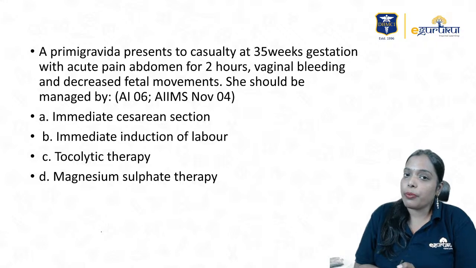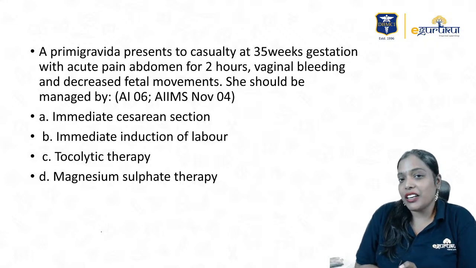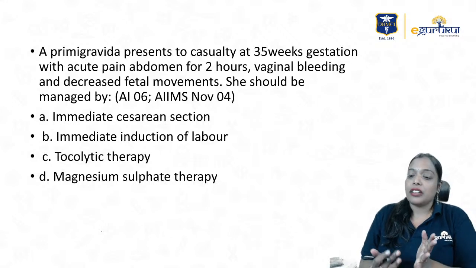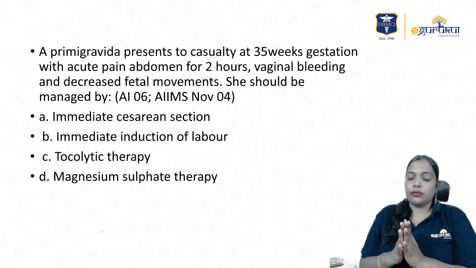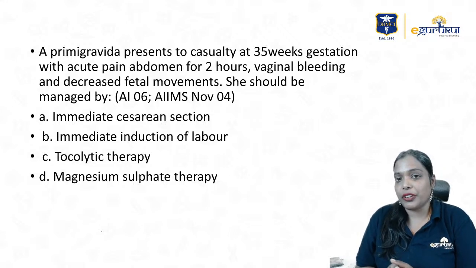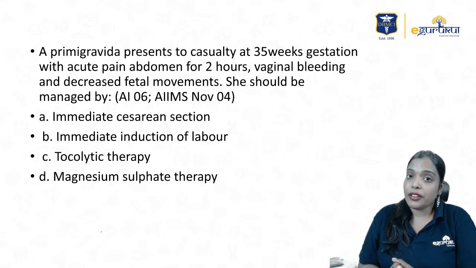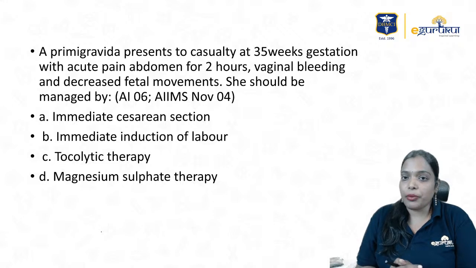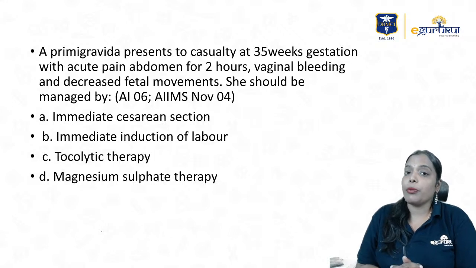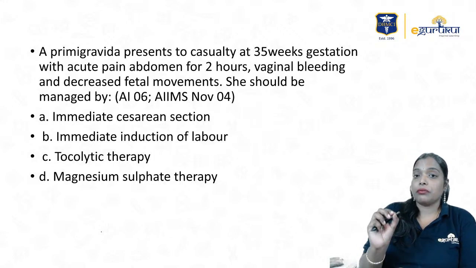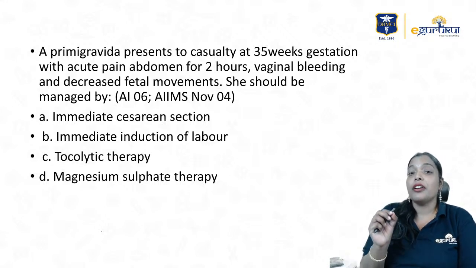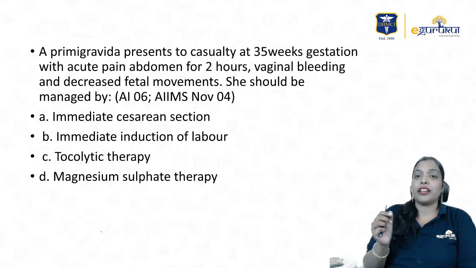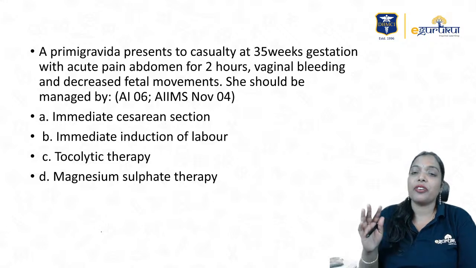Abruption is premature separation of the placenta. You'll have painful vaginal bleeding. You have three varieties in abruption: revealed, concealed and mixed. There is increased risk of fetal distress to fetal death. Investigation of choice is USG. Always terminate, never wait and watch. Hematocrit should be maintained more than 30%. Urine output should be more than 30 ml per hour. Only when the baby shows fetal distress will you go for cesarean. Otherwise, you'll always conduct vaginal delivery for abruption.